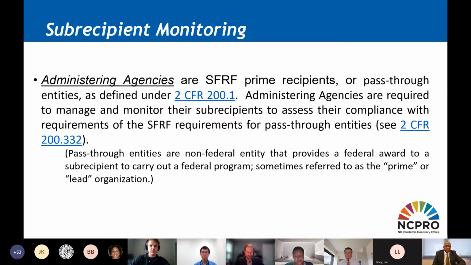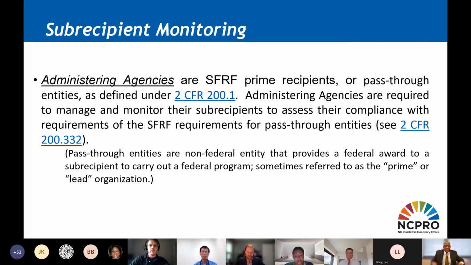Let's define what administering agencies are. That's us. That's you. That's prime recipients or pass-through entities. And under the regulations, administering agencies are required to manage and monitor their subrecipients to assess their compliance with the requirements,